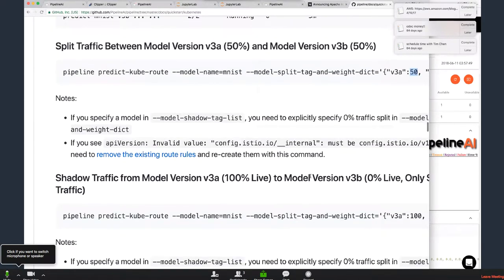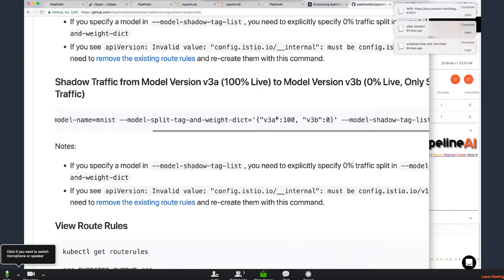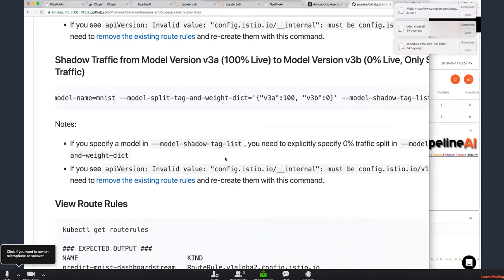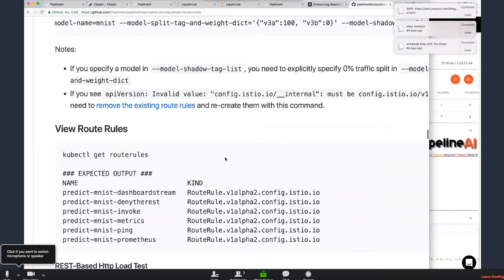So the split traffic is only available in Kubernetes, right? Correct. The shadow is only available within SageMaker. We have a layer on top of Kubernetes that supports the shadowing. Some of that comes from Netflix, and some of it comes from our own internal development. We tried to reuse a lot of the Netflix stuff that we had built a long time ago because we don't want to build it again. Some of the dashboards and the automated canary analysis and things like that. Some of that we're moving into the product, but the base shadow and the base splitting can all be done